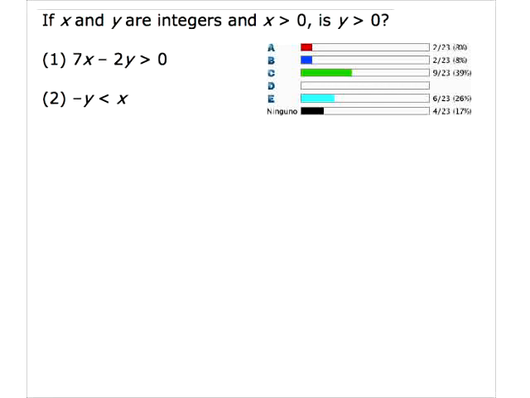So, if x and y are integers and x is positive, is y